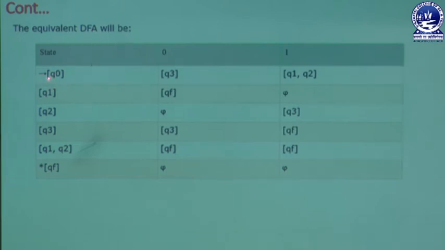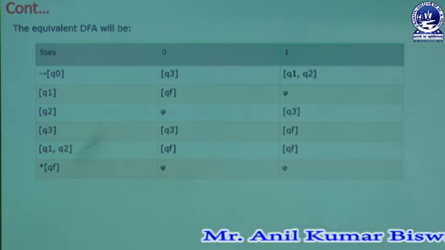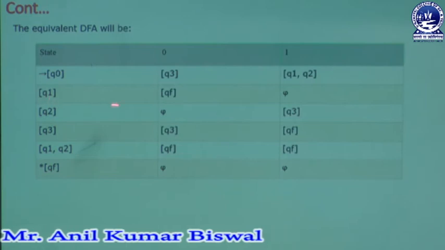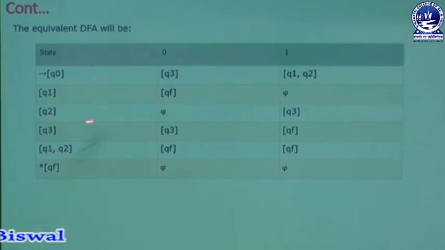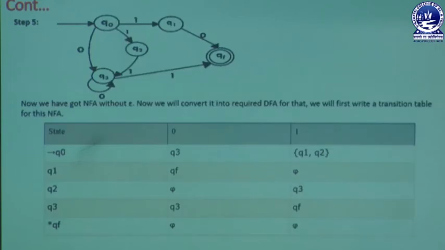So at that moment, Q0 is the initial state, and here we create Q3, and we are getting another state like Q1, Q2. This state, we can say, is also self redirected, or we need to explain it in another way. So here we have Q1 taking Qf, phi, then Q2 taking phi and Q3, but only one state must be added, that is known as Q1, Q2. Q1, Q2 is also one state. Whenever Q1, Q2 takes input symbol 0, you can see it gives Q1, Q2.